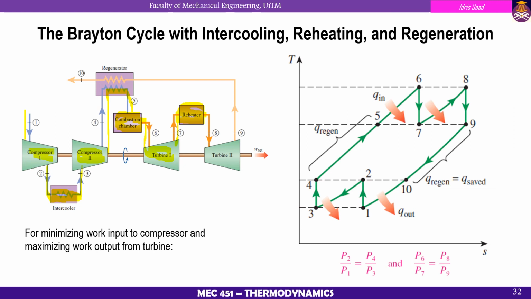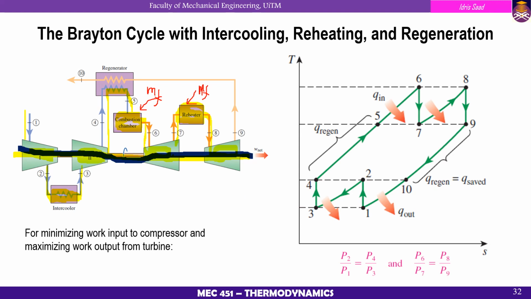And basically here, we have to put the mass. So this is the mass of the fuel we have to add from here, and also at the reheater we have to put the second mass. So now we have two combustion chambers. After that, the air goes into the second turbine. As you can see, all of them are connected by what we call a single shaft only. So this is the single shaft connected to them.